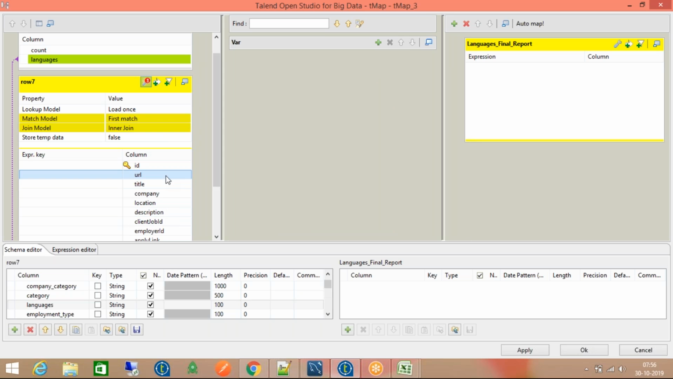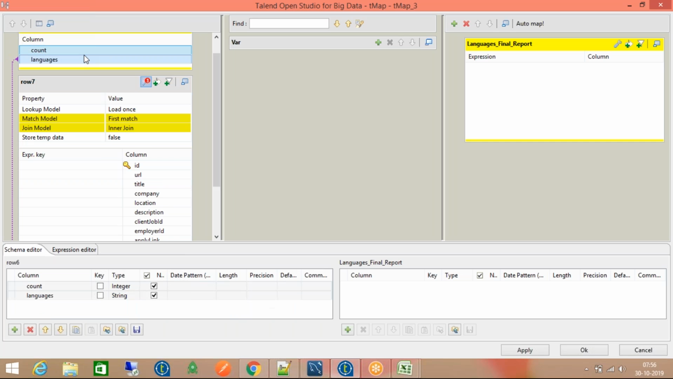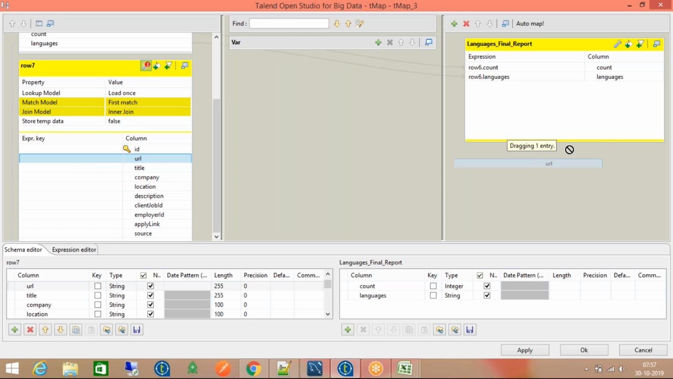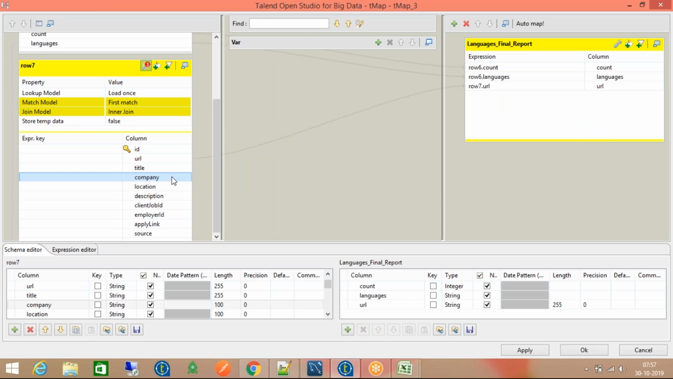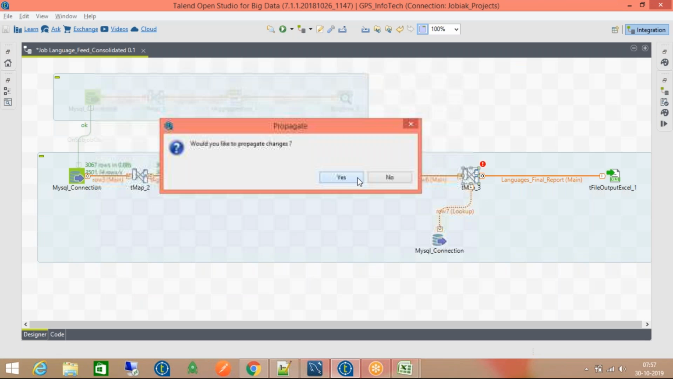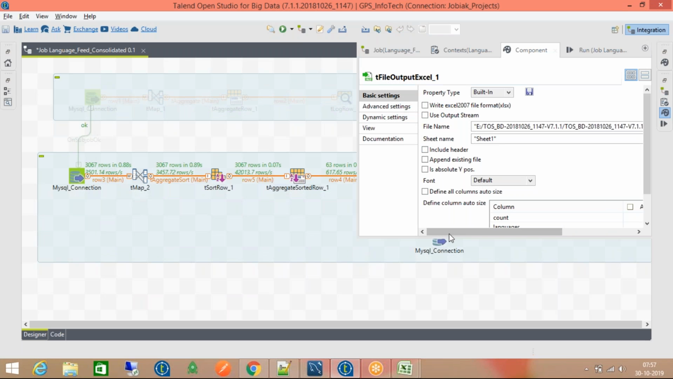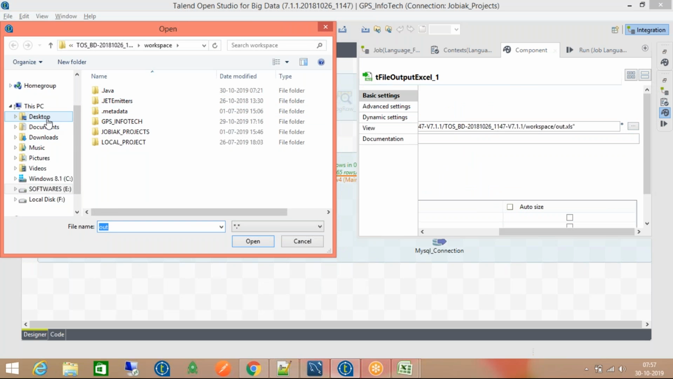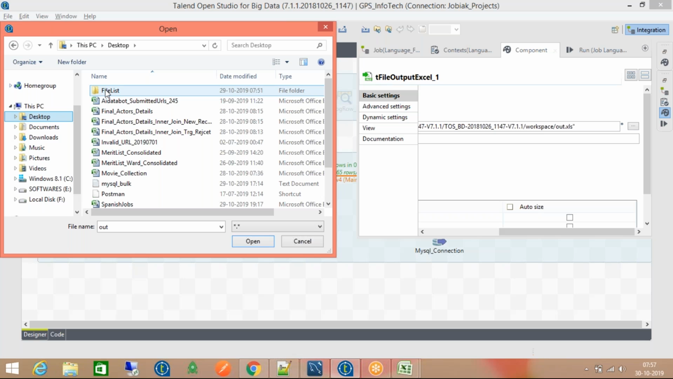and the languages I did that. So the same count I need, and then languages, and then the URL of that particular one. And suppose you want the location, description, and company related to that, then you can pick that, or else you just keep it simple. So three columns I'm just picking, and making sure that it returns only one single URL. So the default I kept